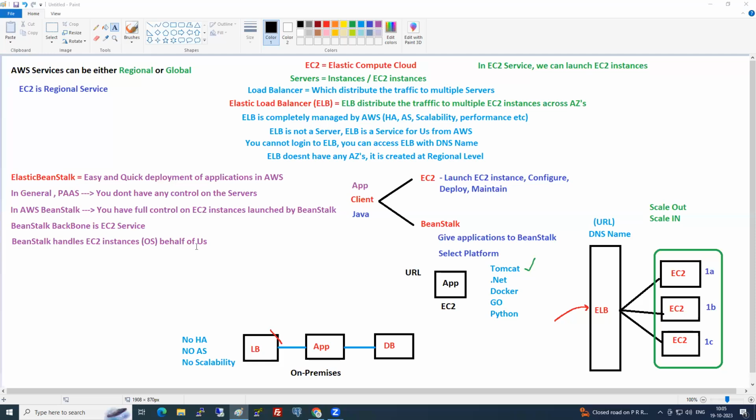Then he got to know that he needed to put the application inside it. Then he got to know how to log into the machine. With a lot of effort, he put the application inside it. And he also got to know that he needed a database again. So he went to another service to set up the database, and he got frustrated.